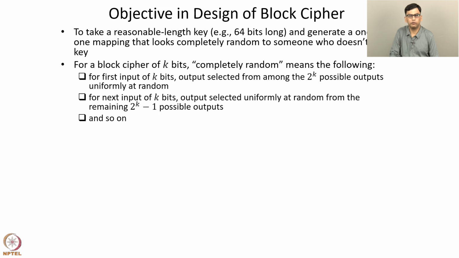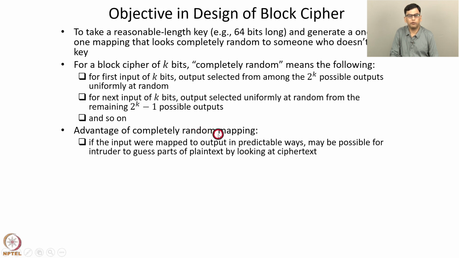So the plaintext is transformed to the ciphertext using a one-to-one function, and the one-to-one function looks like a random transformation. That is, it appears that each possible output is a randomly generated output. It looks like for each input, the corresponding output is randomly generated independently of the other inputs. What is the advantage of a completely random mapping?